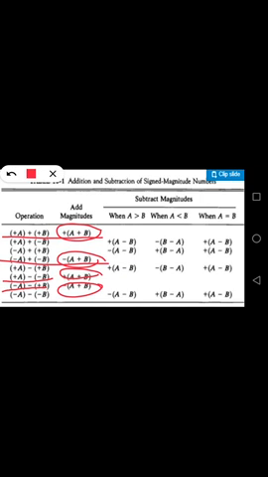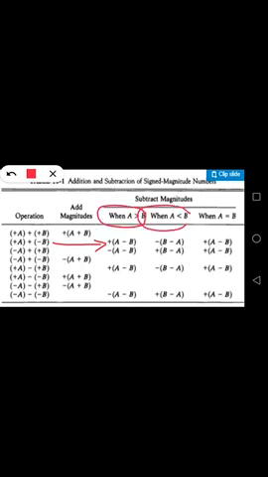Let's take an example. In this case the sign bits are the same, so you need to perform addition, and here the sign bits are different, so you are required to perform subtraction. For this we have the cases when A is greater than B, when A is less than B, and when A is equal to B. Addition is simple. So addition can be done in 4 cases out of the total 8 cases for both addition and subtraction. I hope you understand this point.